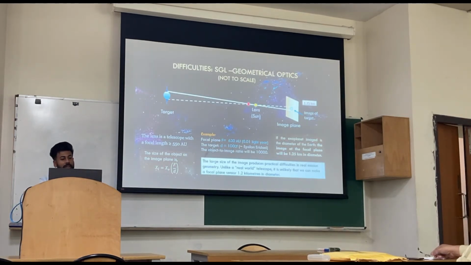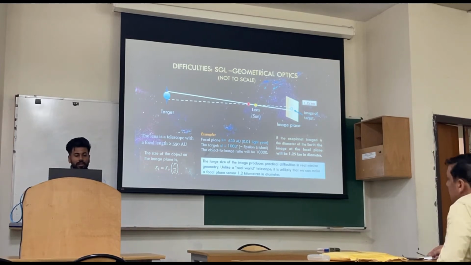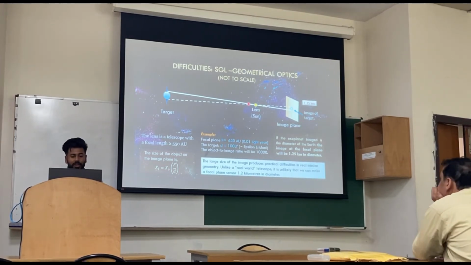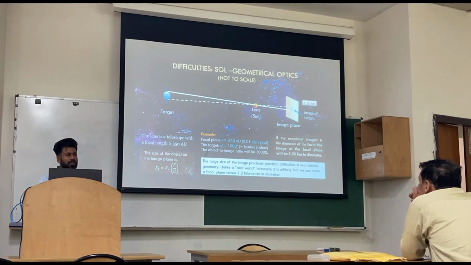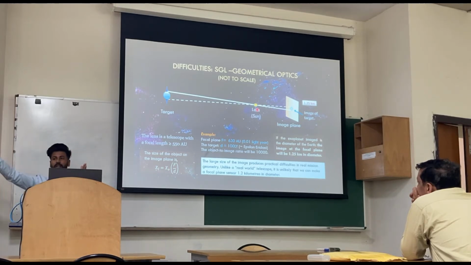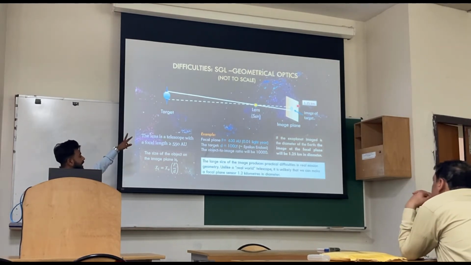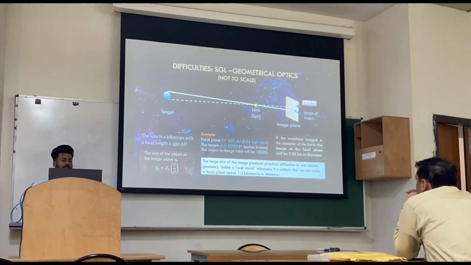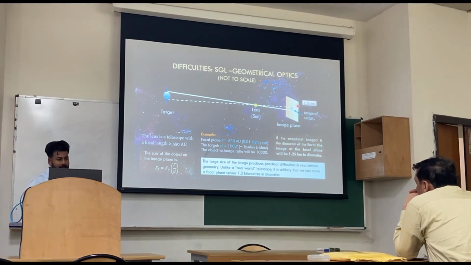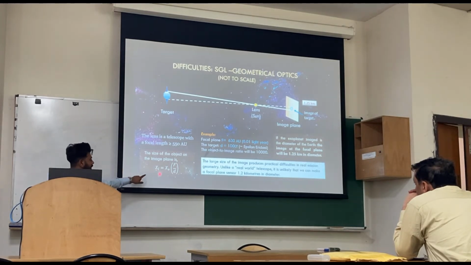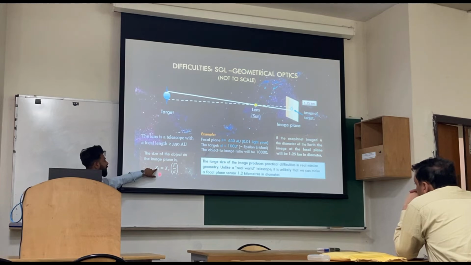So there are some difficulties, let's discuss them with geometrical optics. We can just use the pinhole concept: as we want to image an object with a pinhole, and we move the screen further and closer, the image size will change. In a similar way, we can estimate the size of our image. So if this is the target, I am just talking about an Earth-like planet in all my examples, I can easily calculate the size of the image with this formula.